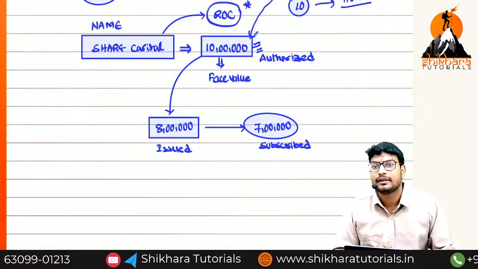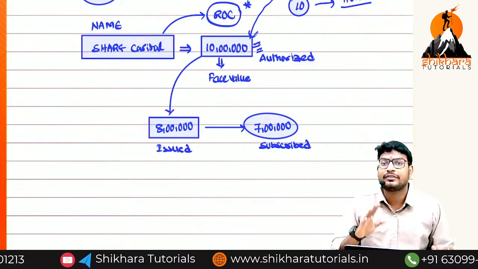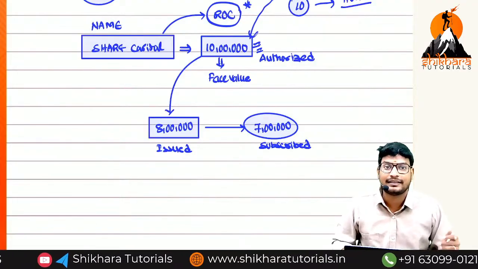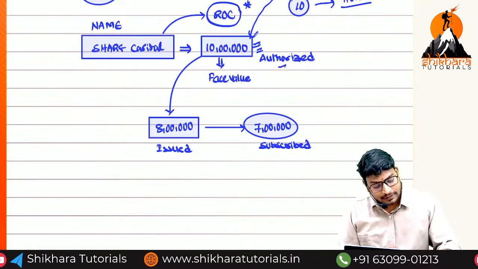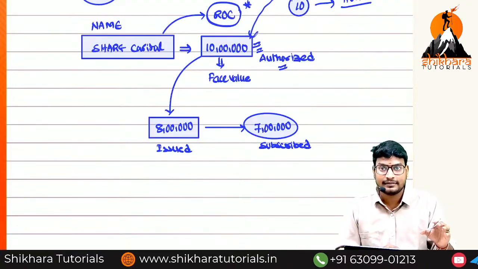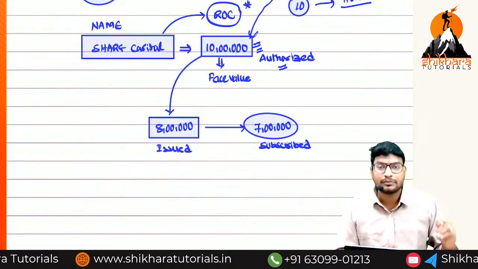from the public? 90%. Less than 90% means what we need to do? We have to refund the application money back within 30 days or something, a limit will be available. Okay? So the first one, the main one, is called authorized. From there we are going to get issued. From there we are going to get